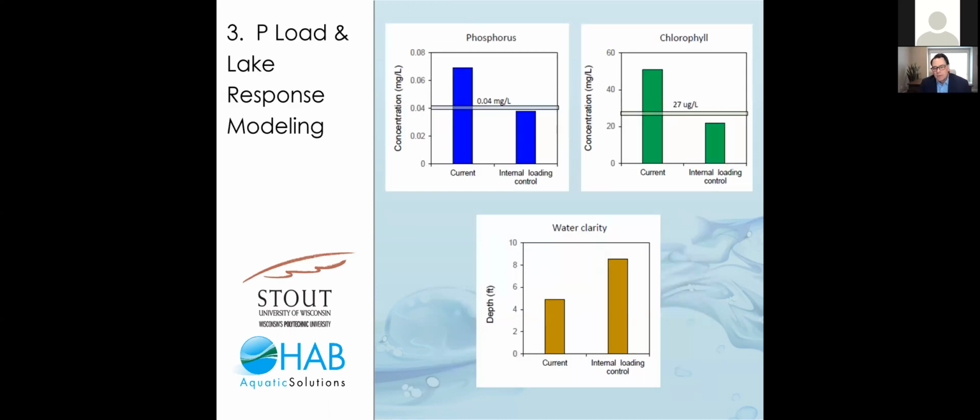Now we have the model and we have a cool toy. We can start asking these what if questions. So if we have a lake where the current phosphorus concentration is 70 micrograms per liter, and we want it to be 40, well, what happens if we